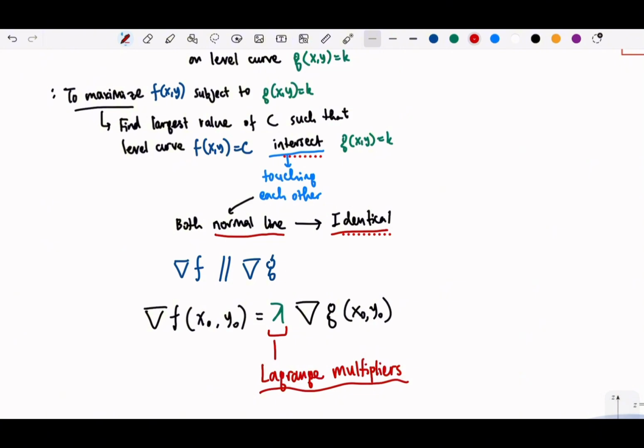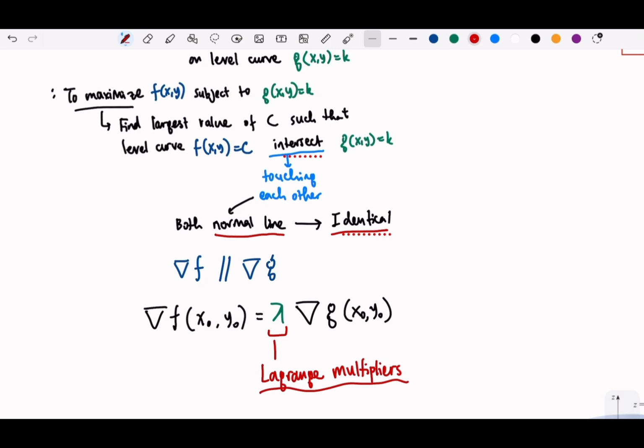So the requirement for the Lagrange to work is we need to find the constraint. We need to have the constraint first. If not, then we are not able to find anything. So if you want to find the extreme value, find the critical points, find the max, min, saddle point, like we did before. But if it is giving you the constraints, some other level curve that we can approach with our original functions, that means we can find the relation between these two, which means that when they intersect, the normal line will